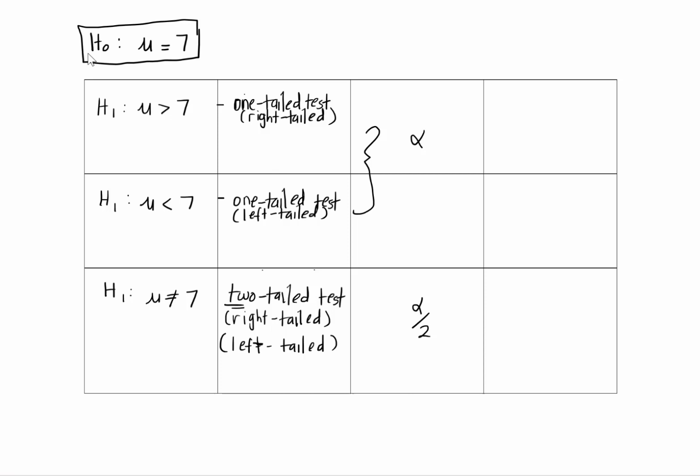How to get the alpha? It comes from the question. The question will give you the information of the alpha. So the alpha is equal to alpha. But when it comes to the two tail test, you must divide your alpha by 2. So how about the rejection region? Now before that,